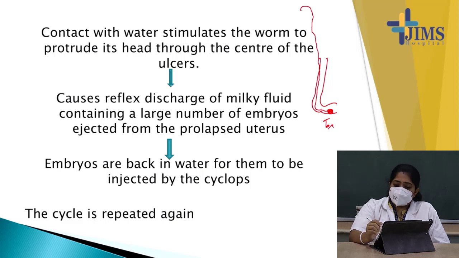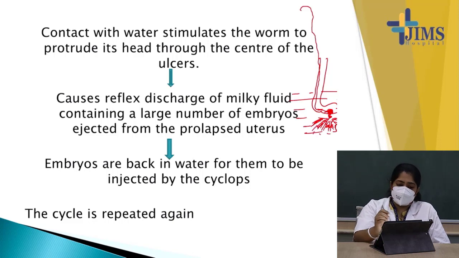ulcer. Now when this man comes in contact with water, that is when he or she goes to a lake or to a pond to fetch water or for washing or bathing or whatever, it is submerged in water. Then what will happen? The gravid female worms will come out through this ulcer and release embryos in water. They will protrude their head through this ulcer and they will release the